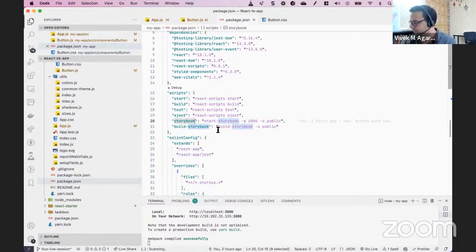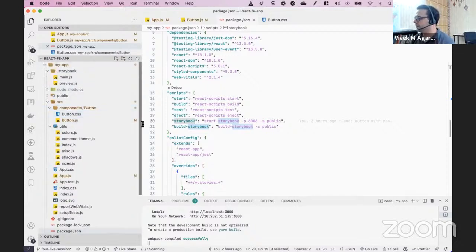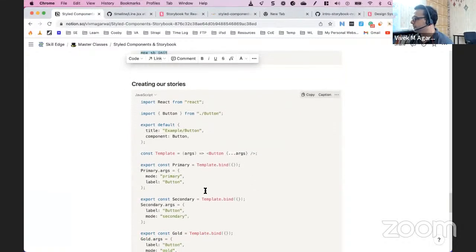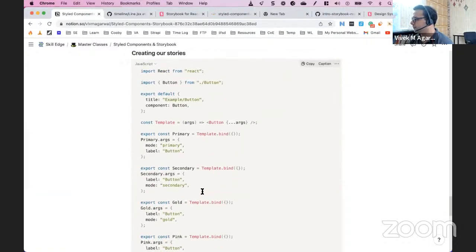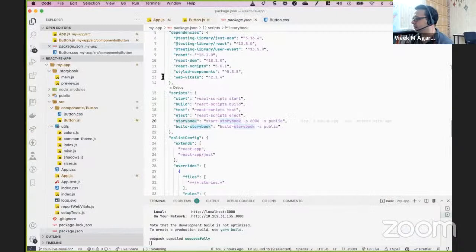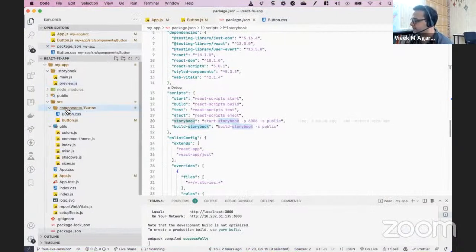और होस्टेड समवेयर। ठीक है, तो लेट्स स्टार्ट। अब क्या करते हैं इसमें, हमें बटन्स का एक स्टोरी बुक बनाना है। I'll open the code here. हमें बटन्स का एक स्टोरी बुक बनाना है। तो उसके लिए बेसिकली हम सबसे पहले एक जावास्क्रिप्ट फाइल बनाएंगे। यूजुअली कंपोनेंट्स के साथ ही रखते हैं, कंपोनेंट से संबंधित सारी चीजें। वी कैन गेट रिड ऑफ दिस CSS इजीली।